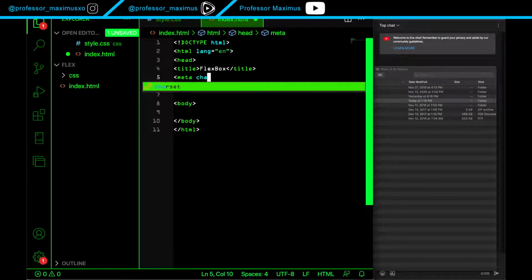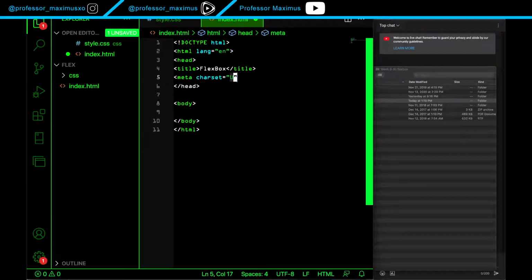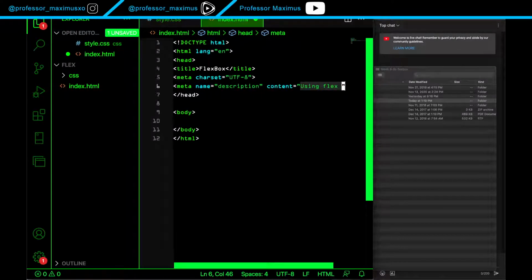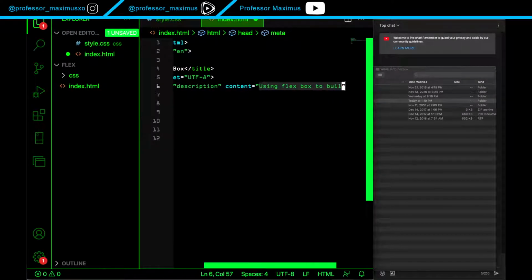Meta character set. The meta name is the contents, using Flexbox to build content,